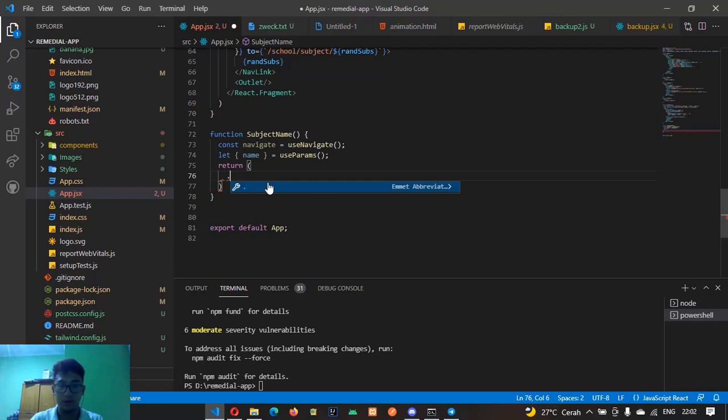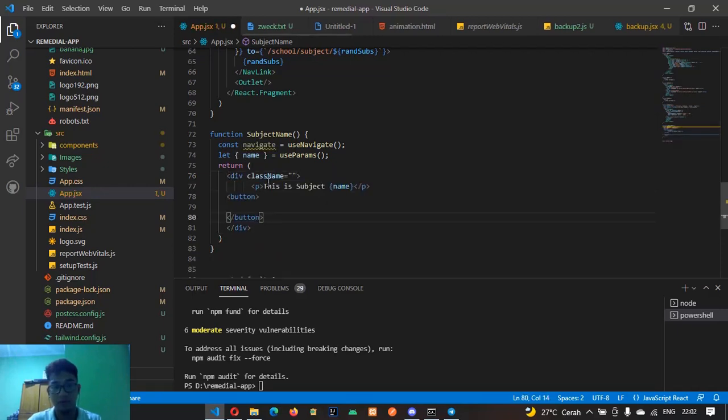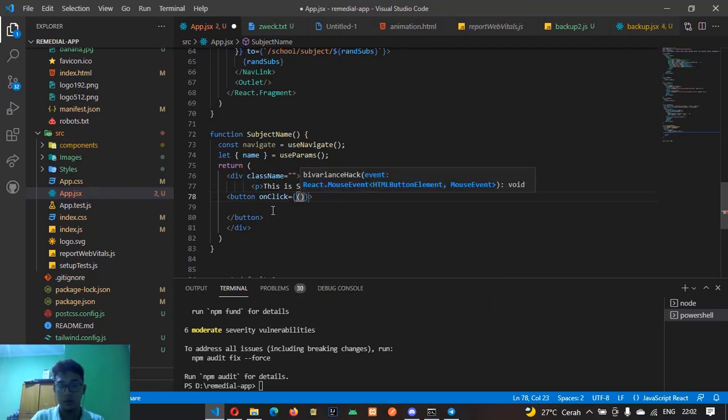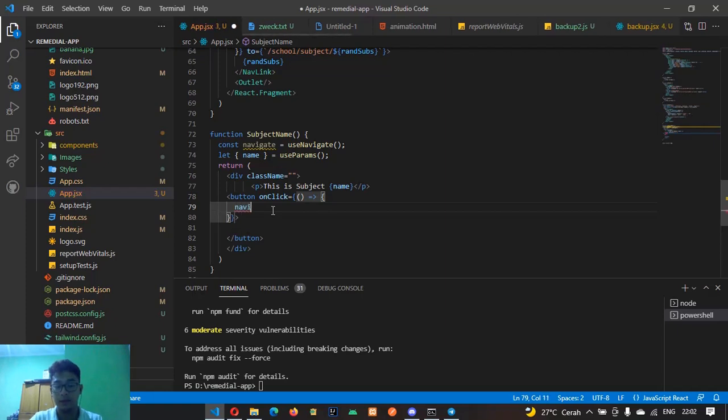Okay, this is to be in a div button. Then onto the button onClick using this function, then navigate it to somewhere. This is how you send and receive the state from something that you want to send. For example, that you want to send the ID, you can use this navigate